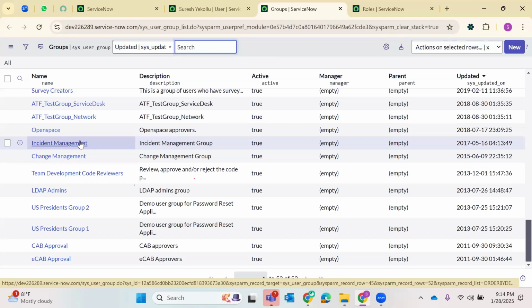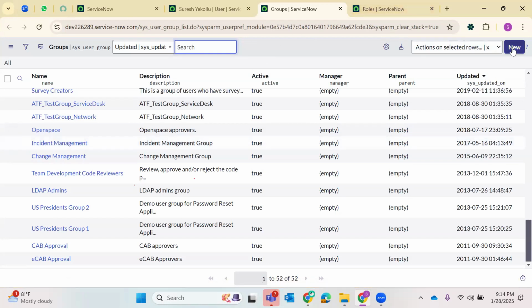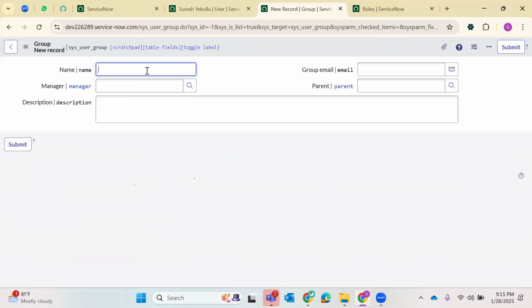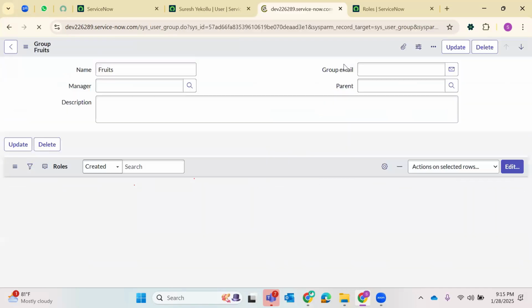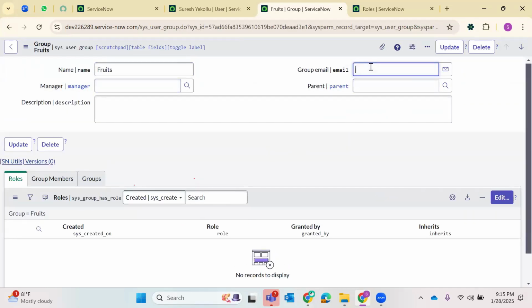Yes, Shreya. Now, my requirement is that I'll create a custom group. The groups given by ServiceNow are out of the box groups, but I want to create a custom group. Let's say fruits is my group name, and submit. If you want, you can create a group email. People who are part of this group will be able to see the inbox and outbox messages